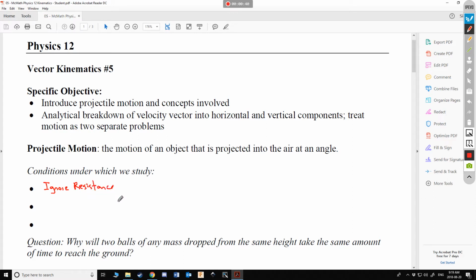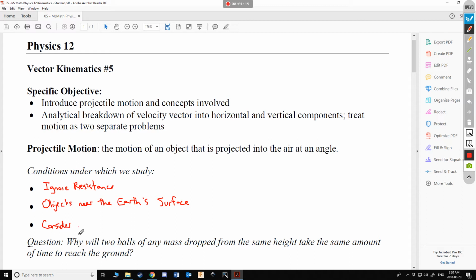Second one, we will only look at objects near the Earth's surface. The reason for this is that as you get further and further away from the Earth's surface, the gravitational field strength of the Earth becomes weaker and weaker and weaker. So at this point, we can only consider near the surface such that acceleration due to gravity we can consider as constant. And lastly, we will consider